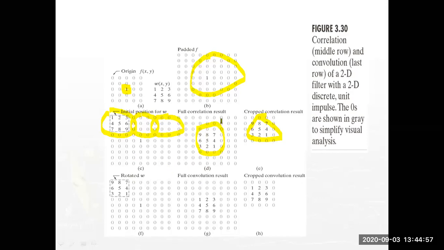Similarly, the same concept applies for two-dimensional convolution. What is that? First we have to rotate the window. What is my window? Actually 1, 2, 3, 4, 5, 6, 7, 8, 9. By rotating, 9 8 7, 6 5 4, 3 2 1. After this, shift the window to the next mask, the next 9 values. Like this we move over the entire image.